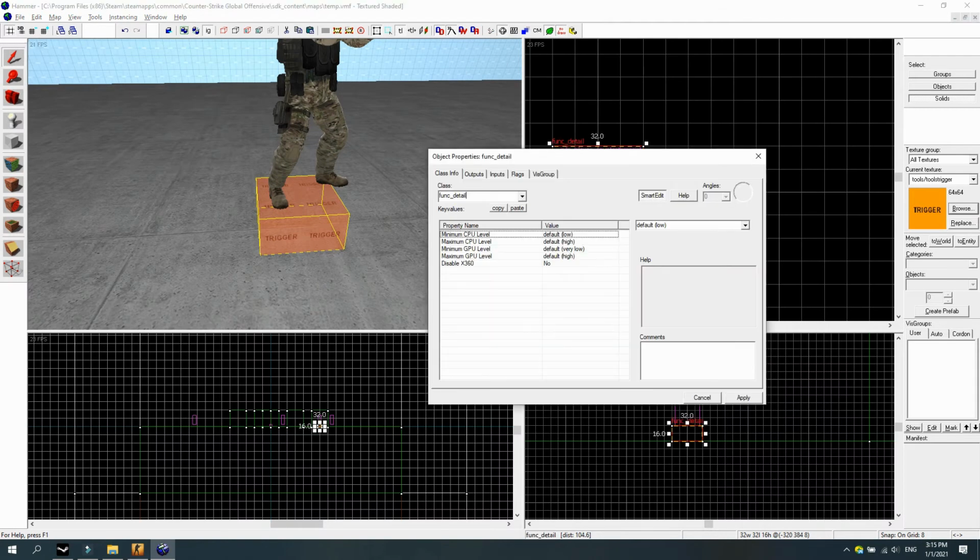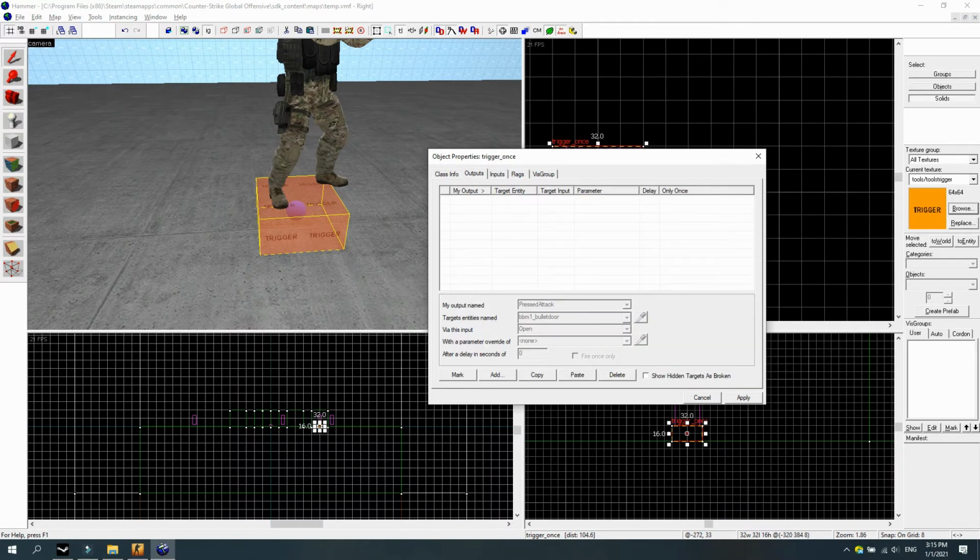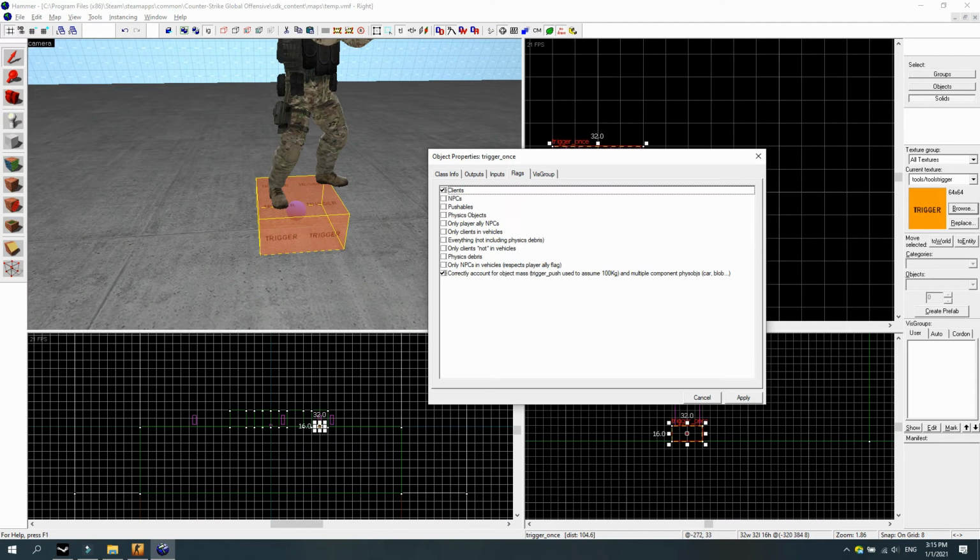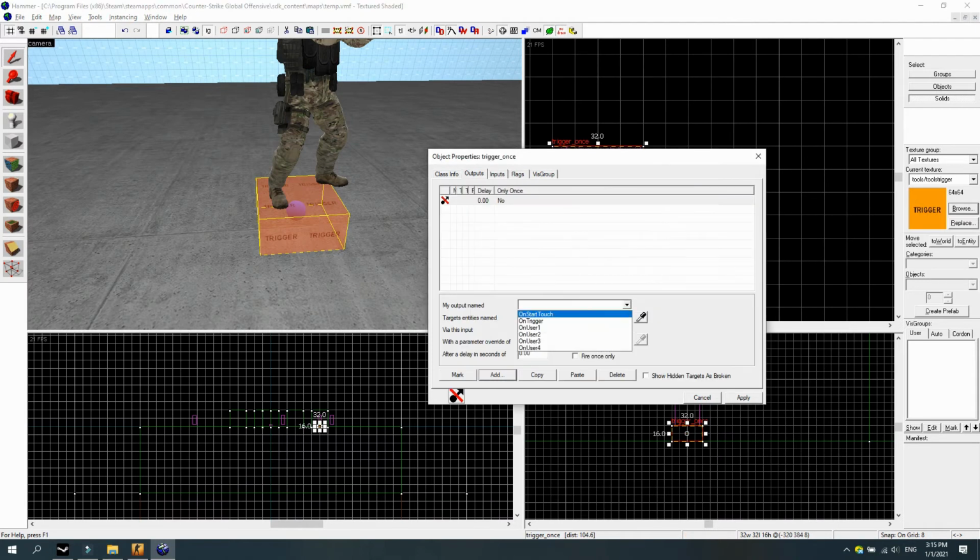And if it's just a one-time use, then make it a trigger_once. Even no need for a name. So there is just one function in the output. Flags check is correct: clients means player model. Output: add on trigger, then the game UI animate Bomberman1